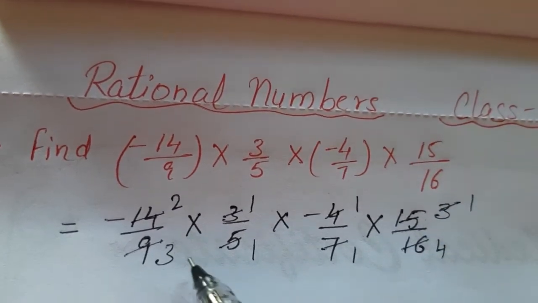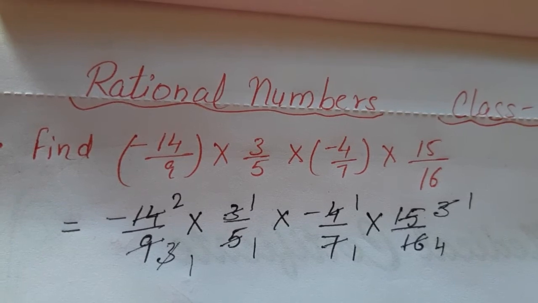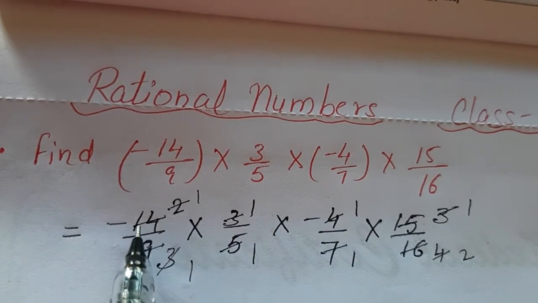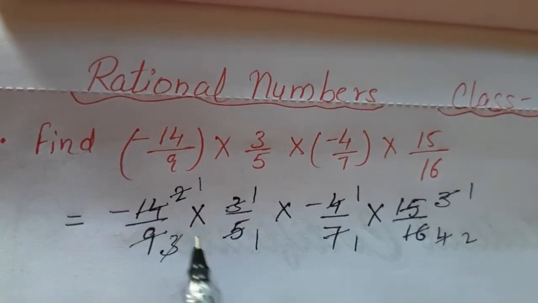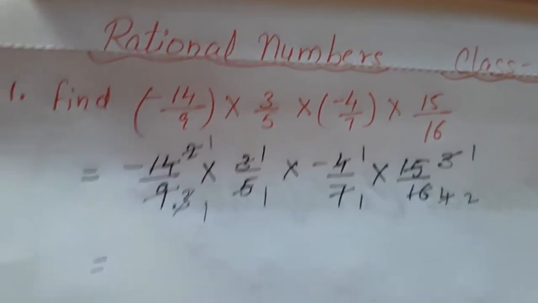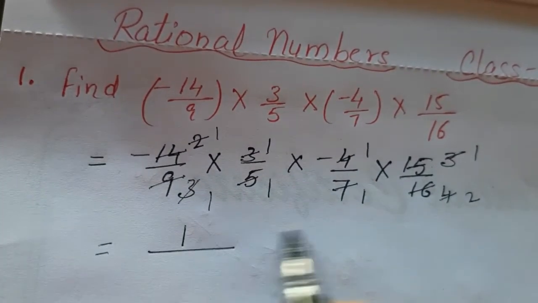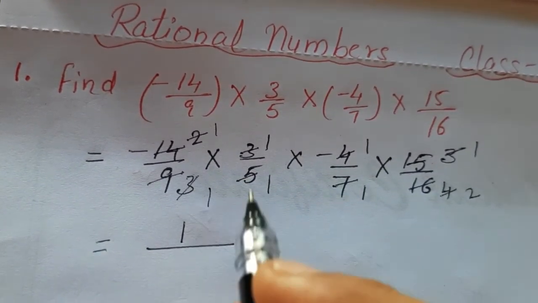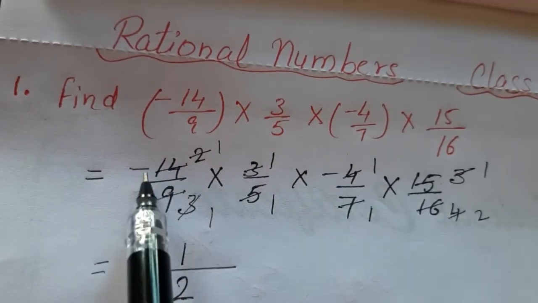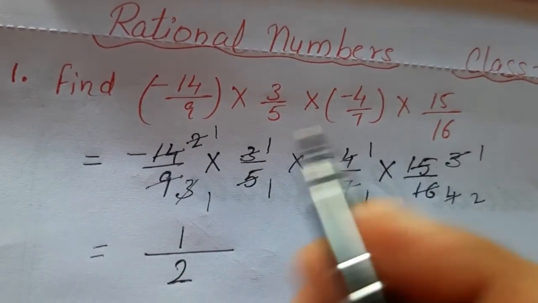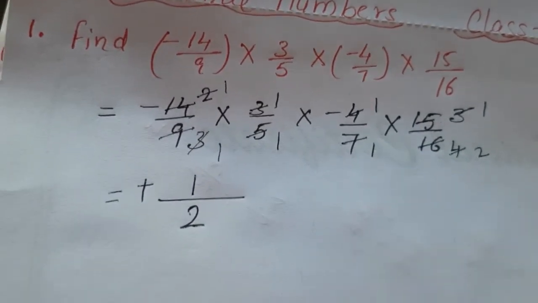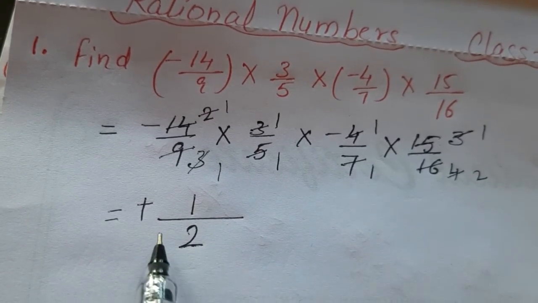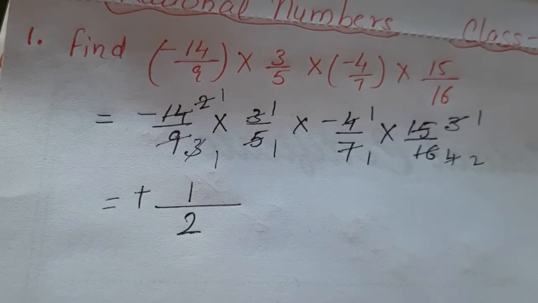Now this 3 ones are 3, 3 ones are 3. This 3 can be cancelled out with 3. 2 ones are 2, 2 twos are 4. Now see, we have only 1 multiplied by 1 in the numerator. So it will become 1 divided by, in the denominator we got only 2. 2 multiplied by 1, multiplied by 1, multiplied by 1. That comes out to be 1 by 2. And negative multiplied by negative, that becomes positive. So our solution will be 1 by 2. After doing the cancellations, you can multiply the numerators and multiply the denominator as well to find the answer.